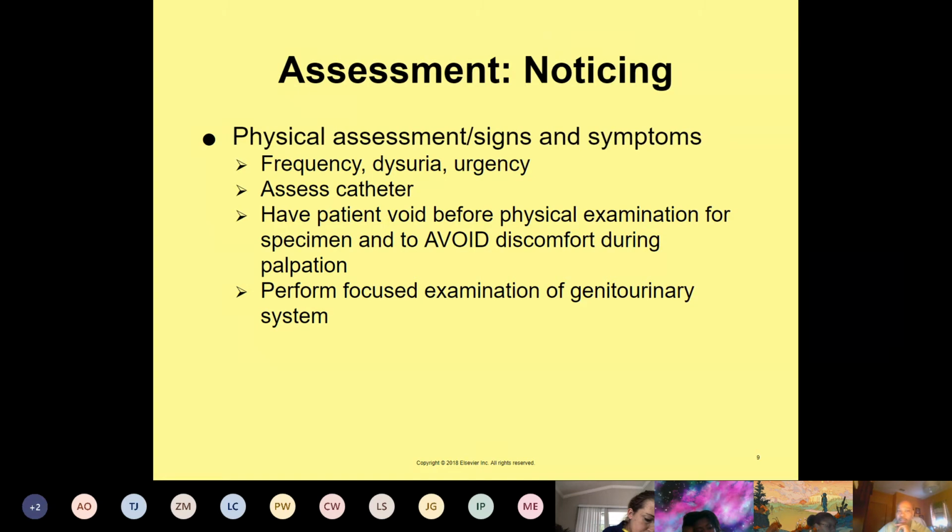So we talked about frequency, dysuria, and urgency, which I provided some information on in the previous slides. We want to also assess the catheter for any problems. And also, this is very important. When a patient